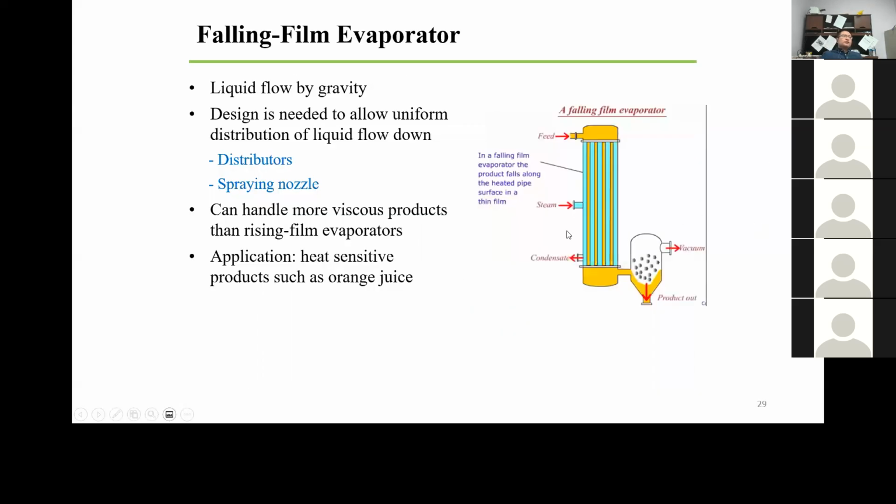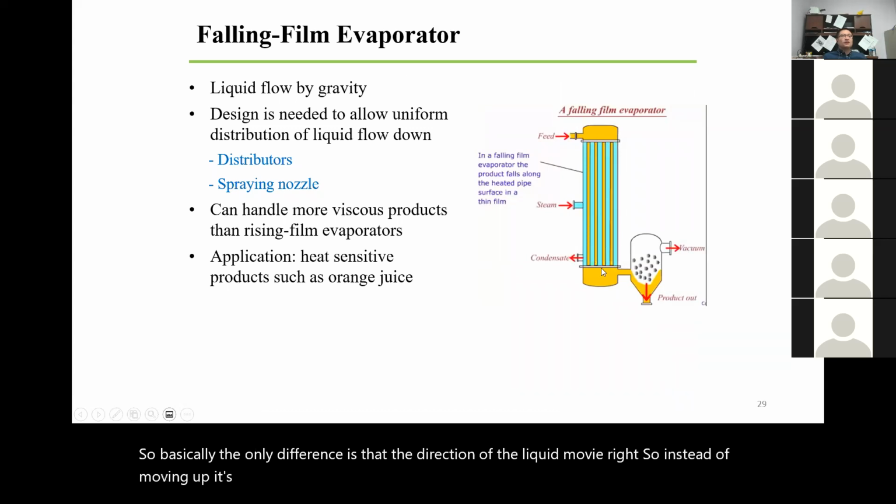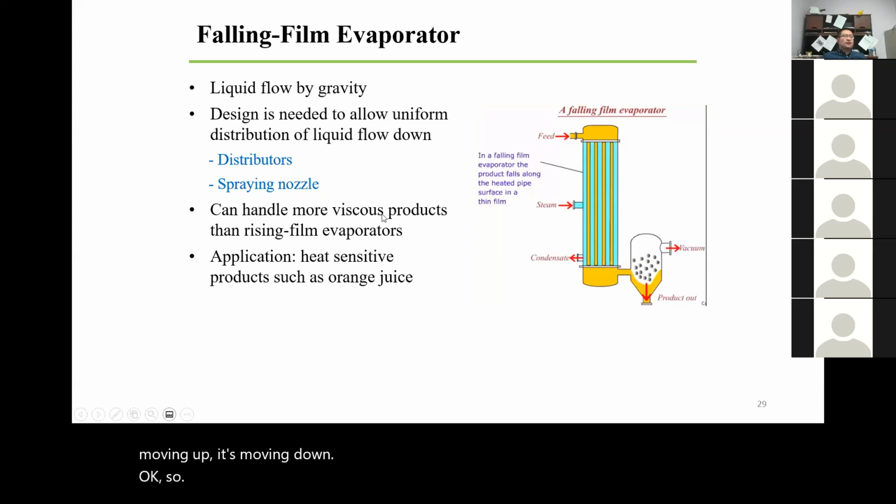Okay, so basically, the only difference is the direction of the liquid moving, right? Instead of moving up, it's moving down. So it's better for viscous food, right? Like orange juice,